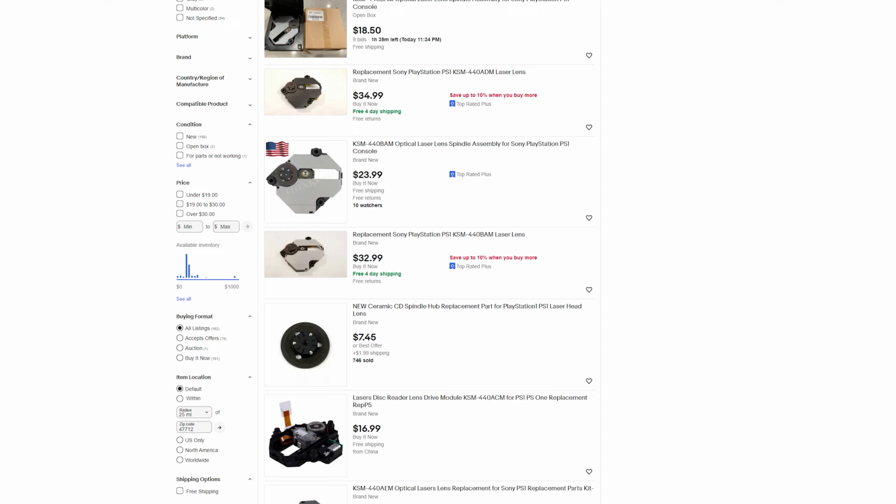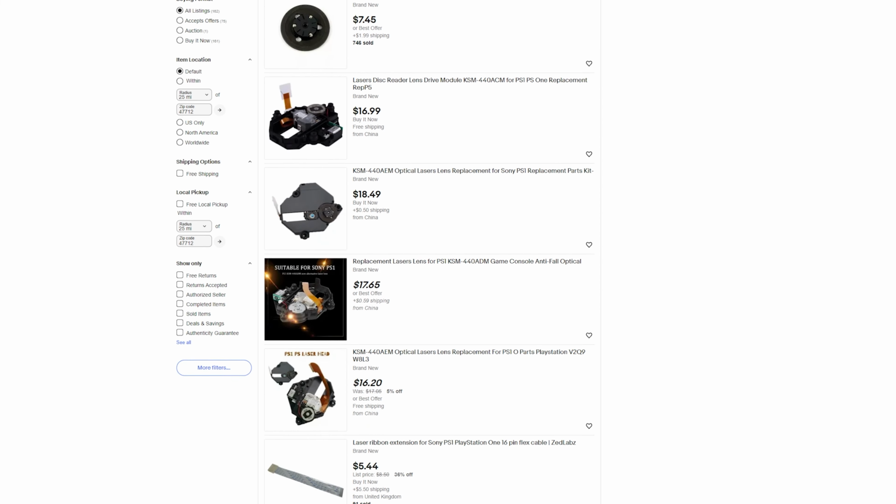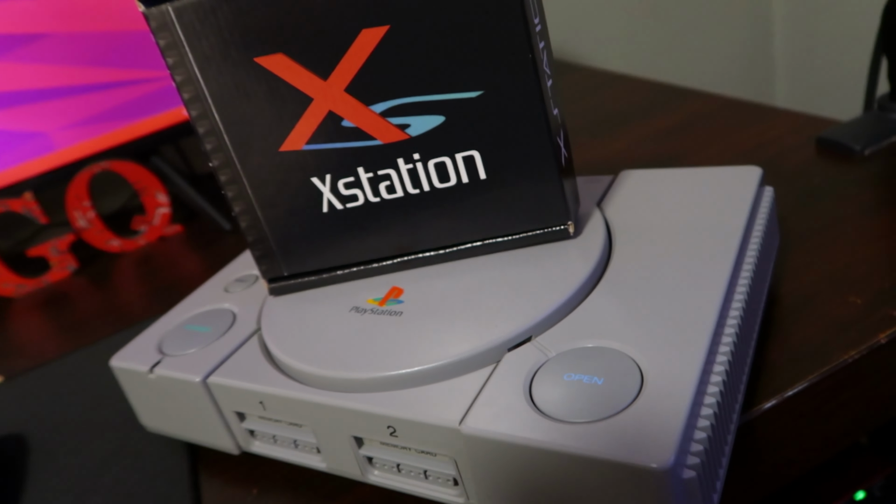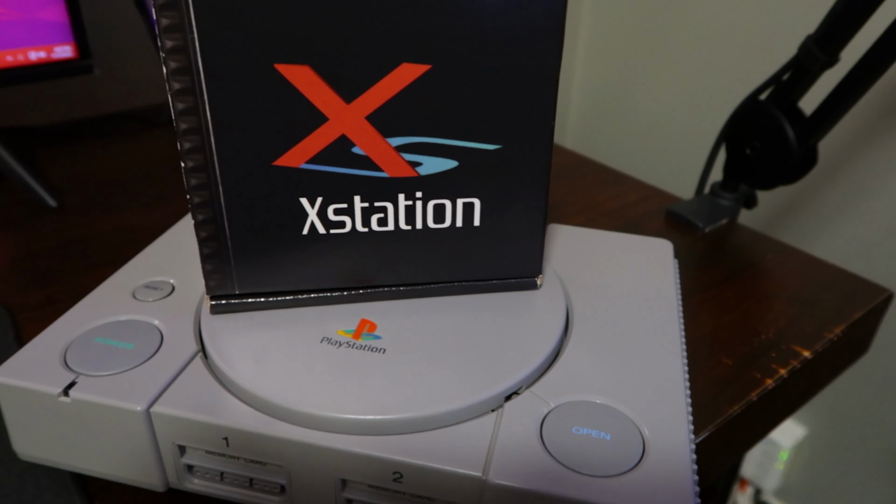So instead of going on eBay and trying to find a replacement laser for this, because there's so many variations of the PlayStation, it might be hard to find one. Sometimes they're hit or miss. I decided to go with an optical drive emulator, and this is called the X Station. Now what it does is you can install it and it can read the games off a micro SD card,